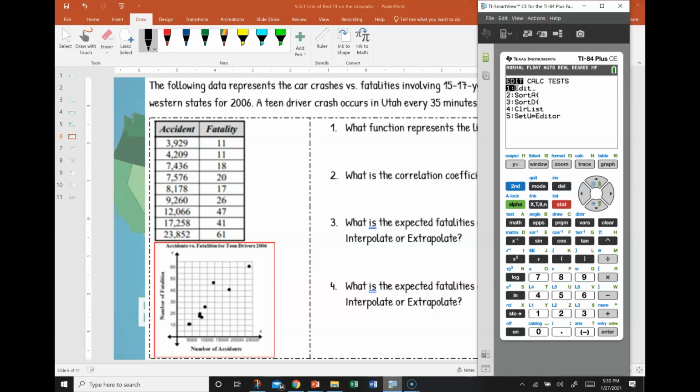All right, let's take a look at this one now. So I'm going to put all my data in. So I'm going to go to Stat, Edit. I have to come over here, go up, Clear, Enter. I'm going to put